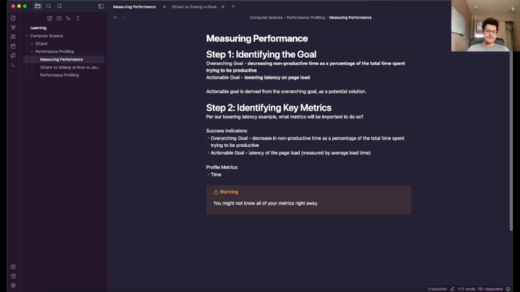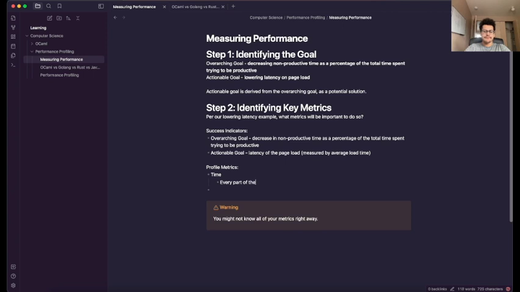So the first profile metric is going to be time at a high level. We want to know how long this request takes, and eventually every part of the request. So then I'm going to make a note of that. So then we have, other than the time,